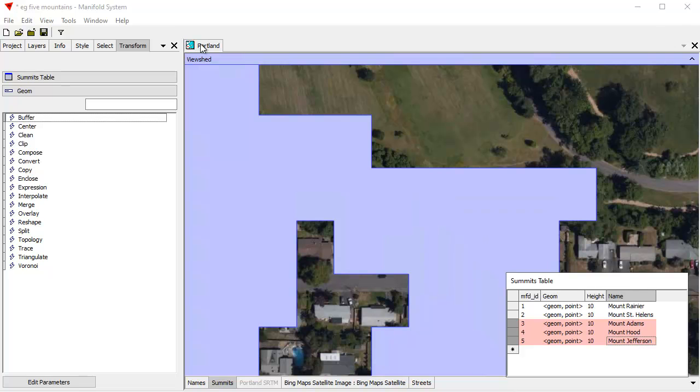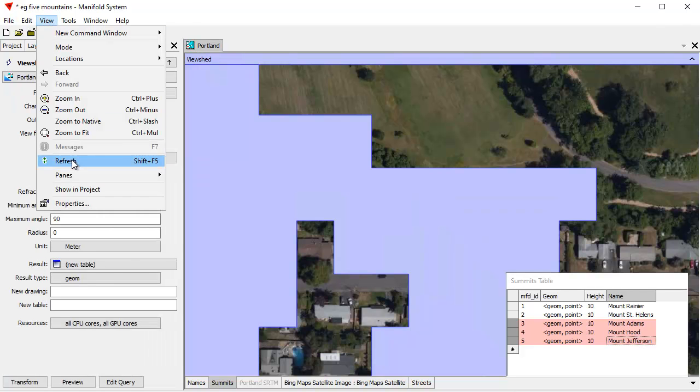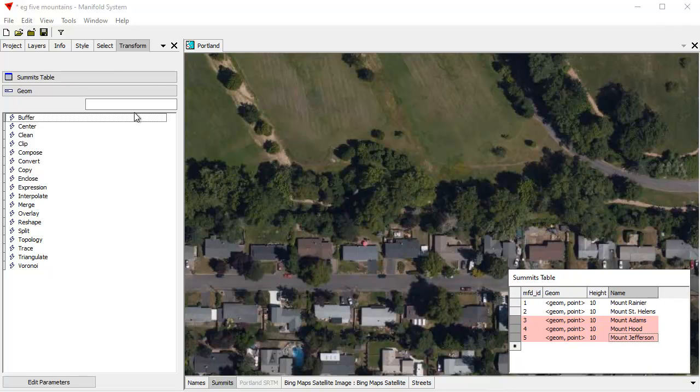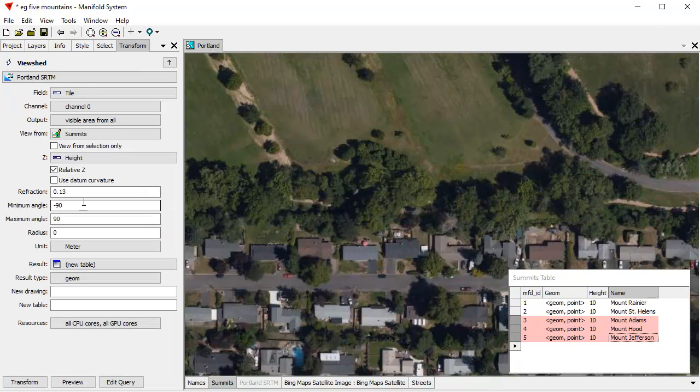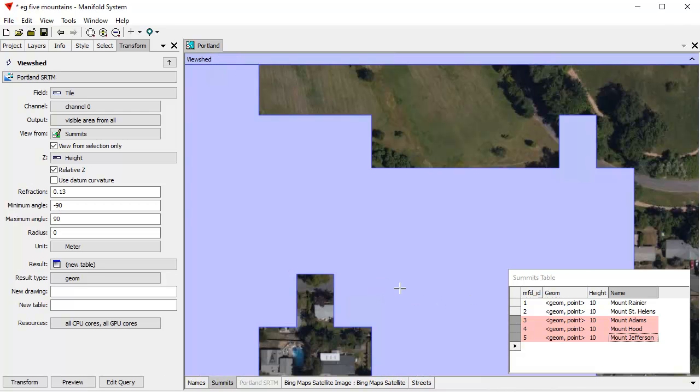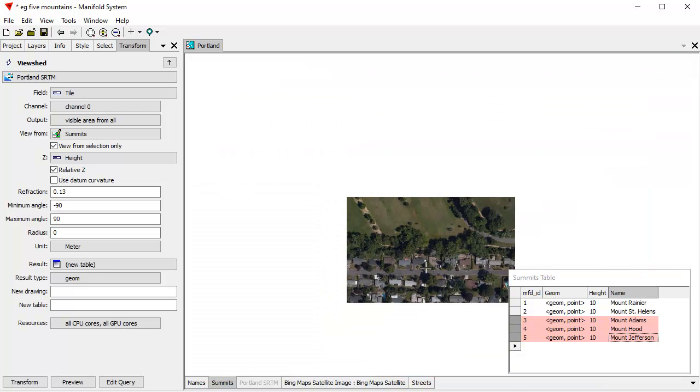And here what I will do is I will view refresh, because I've just changed the selection in a different pane, so I want to make sure I'm refreshed. And let's see, we want to see the visible area from all summits and view from selection only. So let's click that, choose preview. And what it's now going to do, it's going to compute and give us a visibility zone. Aha, so that house now can see those three mountains, even though a lot of the data sets were not